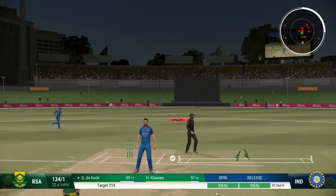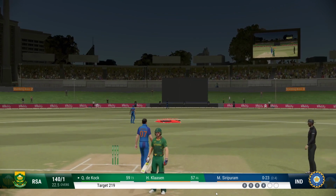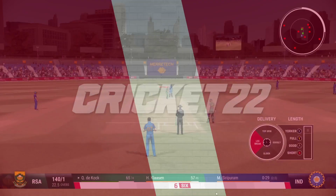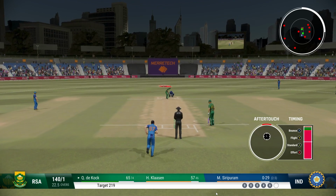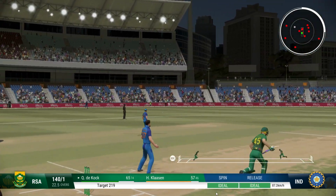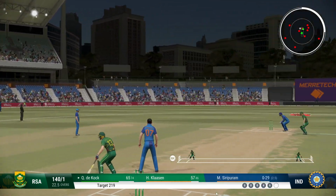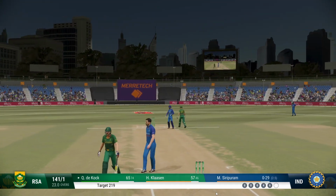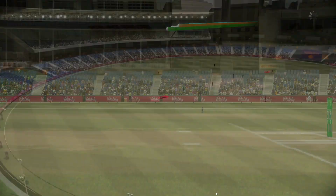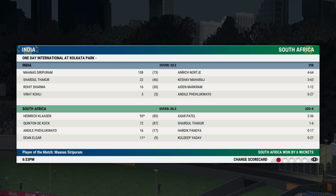Nice shot. That just drifted a bit and pounced on. Hit high and mighty. They'll be very happy with that. Good running, just finding the gap, and that allows for rotation of the strike. This has been a masterclass, a great display of